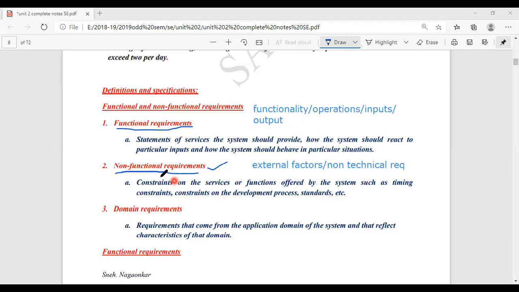Here they have also given some things which belong to what I exactly mean by external, that may be a constraint. Constraints mean rules and regulations, or any norms.